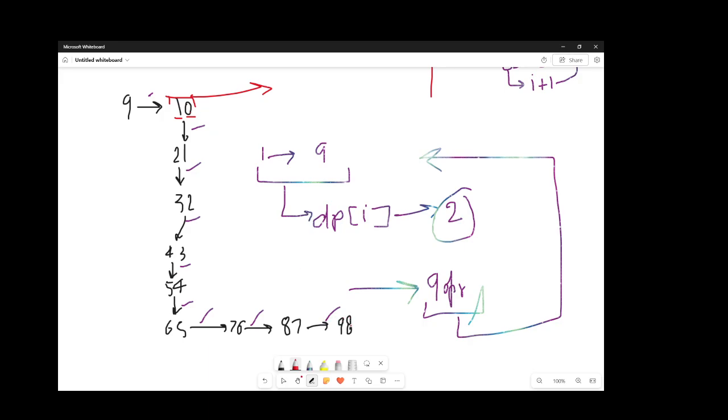So if this wouldn't have been 9, then we can do one more operation to retain 2 digits. So we can write this as dp, I'm talking about the number of operations, i minus 9